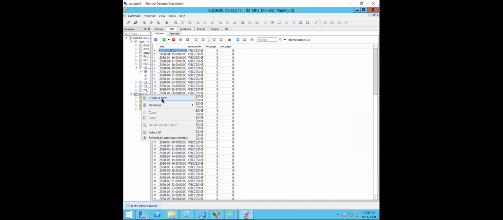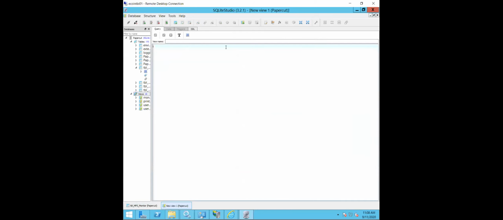So if you just create a view, call it MPS capitals underscore monitor underscore view, with a lowercase v, please. And then if you paste in the text that I sent in the chat, that's it. And then if you click the tick, the green tick symbol,